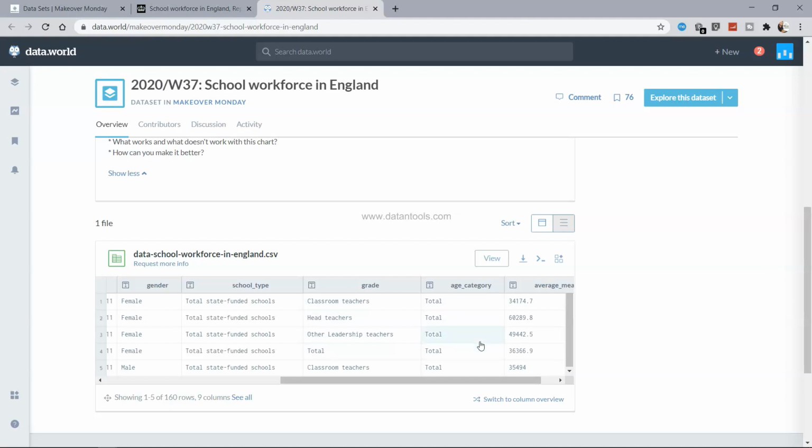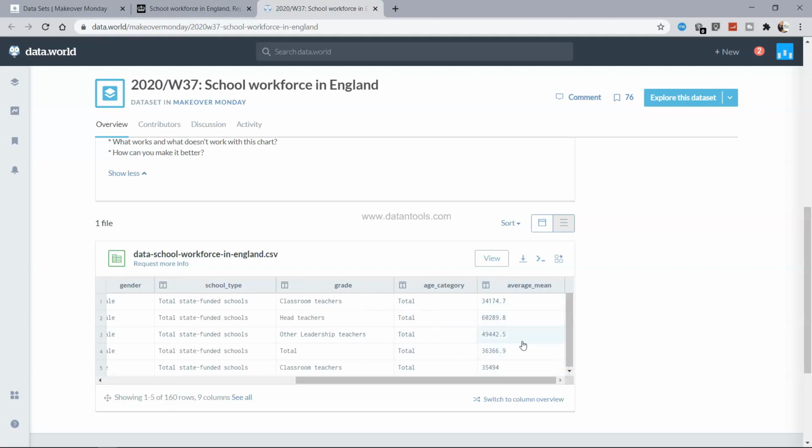There is no age category present in this column. I'm not sure why they have given it, but we can hide it in Tableau. And then we have the average mean, or the average salary, for these different categories. So you can download the data by clicking over here on the download,